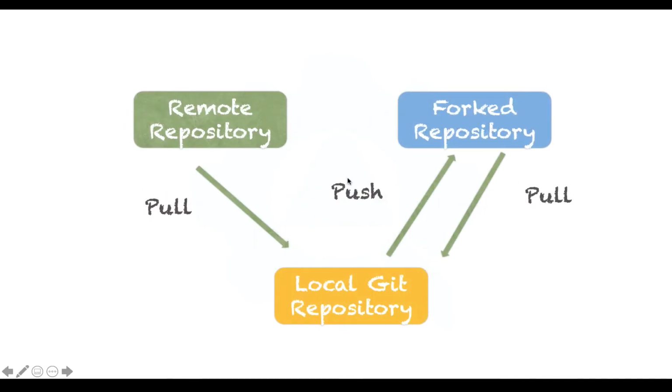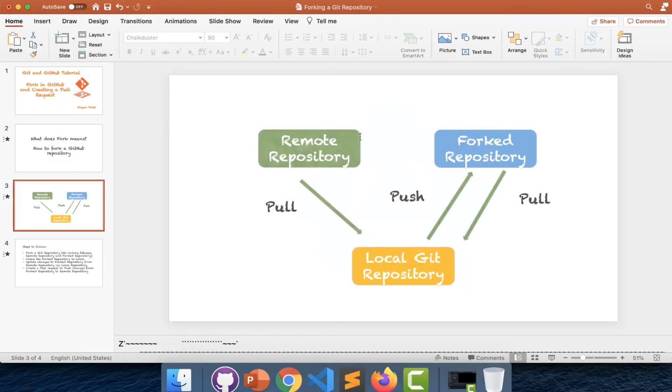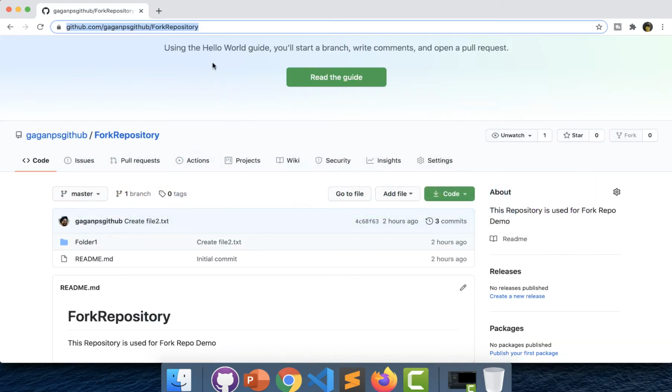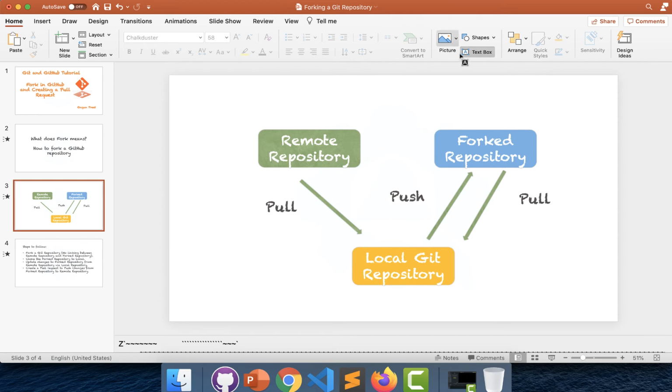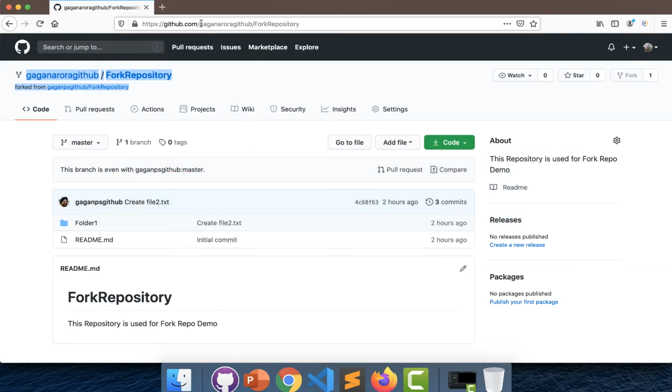So this is one diagram that I want to show you before we proceed in our upcoming session. Till now we have seen how to fork a repository from the remote repository, that is over here, to your forked repository. So now we have, let's say, one repository that is over here in the green. So in this repository there was already a code present, so I'll just name it to provide you a better understanding. So this was the initial repository. This is the initial repository from where we have created a fork, and this is the new repository.